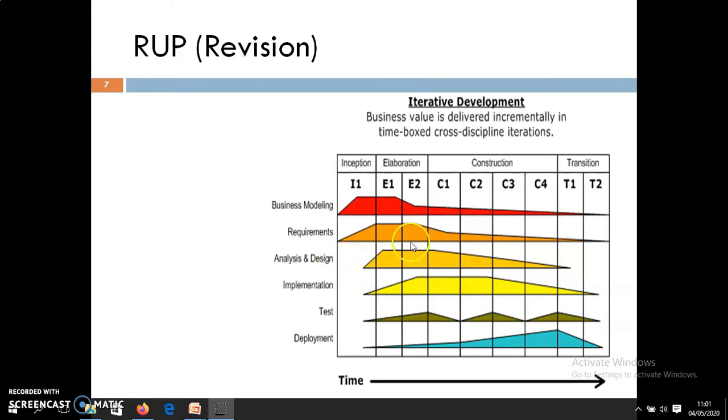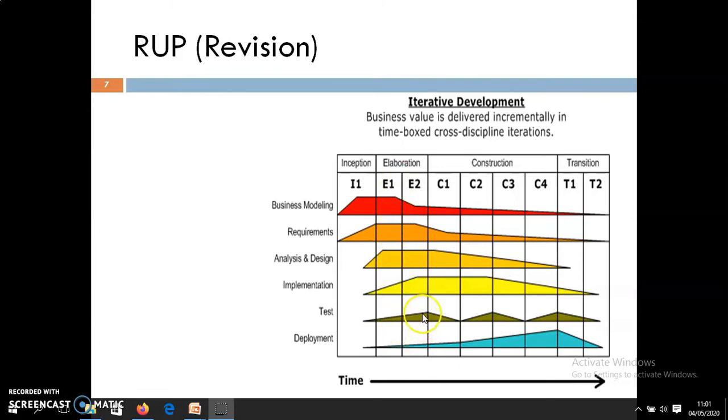Analysis and design of the set of requirements are elaborated in the elaboration phases E1 and E2. Finally, implementation is done in the construction phases C1, C2, C3, C4, and the testing is done in the transition phase or also at every stage of implementation.